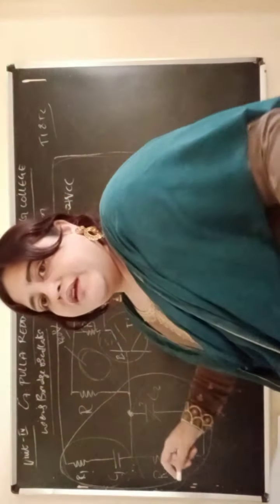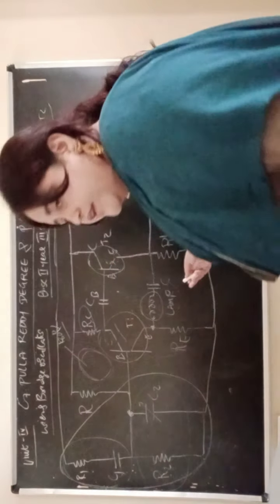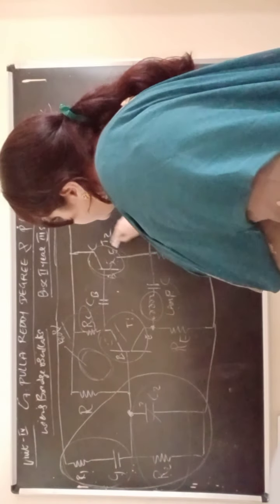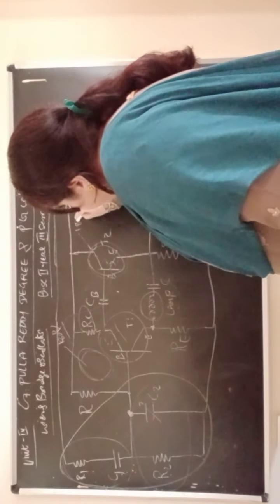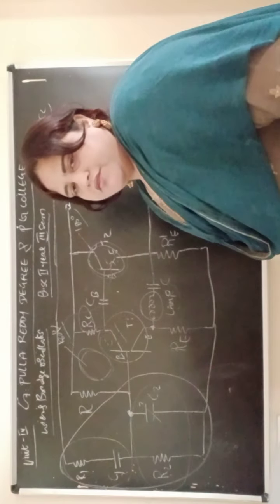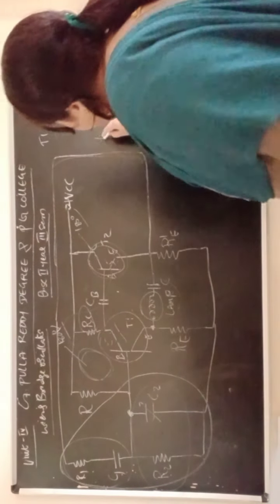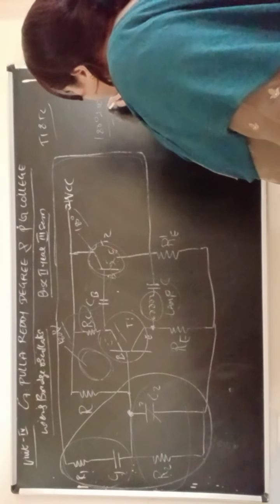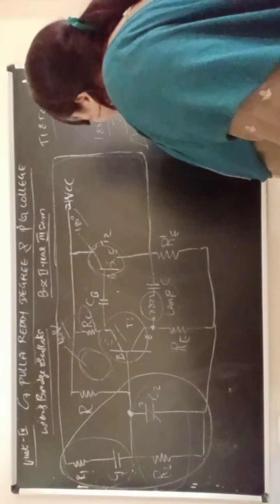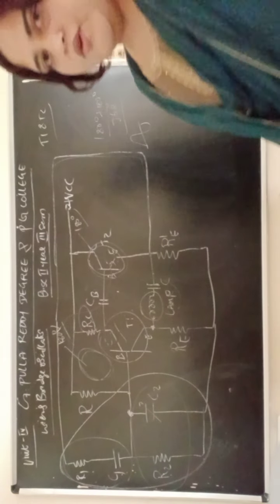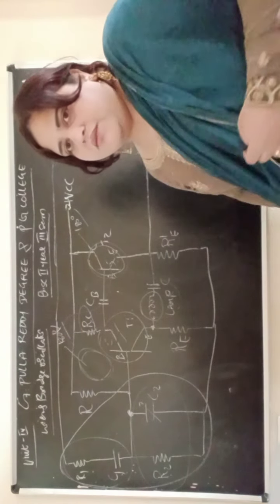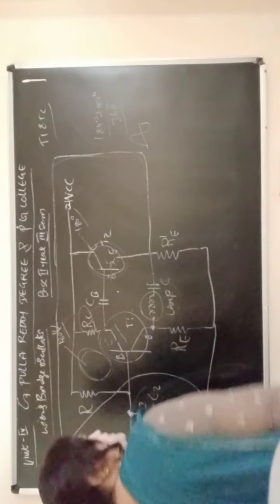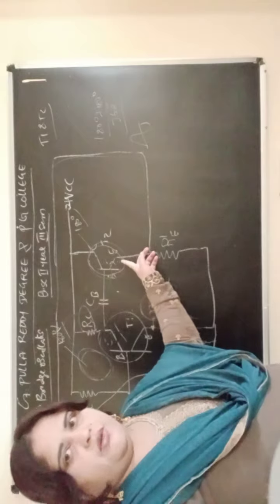It will get only 180 degrees of phase shift, but it needs another 180 degrees. For that purpose, it passes to the second transistor, where it gets another 180 degrees of phase shift. So 180 degrees plus 180 degrees, how much do you get? 360 degrees. Thus the output will be in the form of a sine wave. Once again, circuit description: it consists of two transistors, T1 and T2.